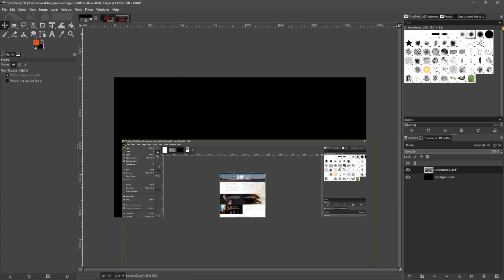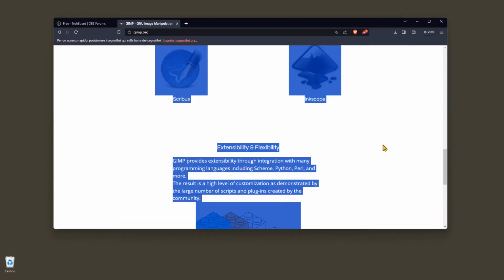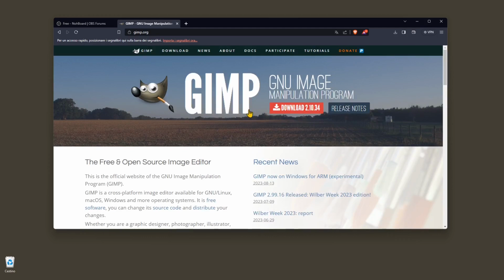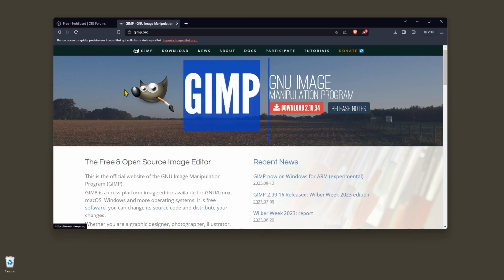So let's go now to our web page. So I'm going to open up a browser, and this is, again, the GIMP website. So I want to get something from here. Now you can copy and paste text. If you just click and drag your mouse, you're going to underline all these parts. So you can see some of these are texts and some of these are images. So let's say that I want to copy this image right here. Now I can click and drag to make sure that I'm selecting only that image, or I can just